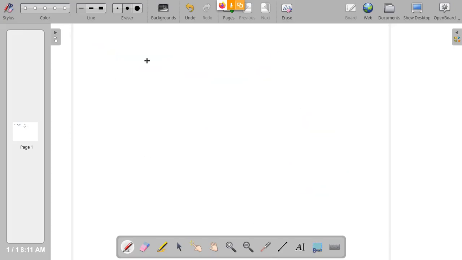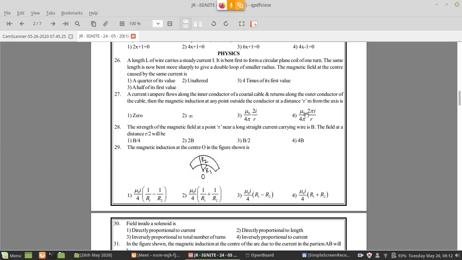So basically what is happening here is, you have a cable and two wires are there inside. So current initially is going, let's say, from right to left, next time it is returning. Now at any point, if you see the magnetic field, first due to the first wire it will be, let us say, pointing up out of the plane. Due to the second wire it will be pointing into the plane. So the magnetic field at the same distance will cancel. So B is equal to 0 is the answer for that. That is corresponding to choice 1. So for the 27th question, the answer is 1. Right.